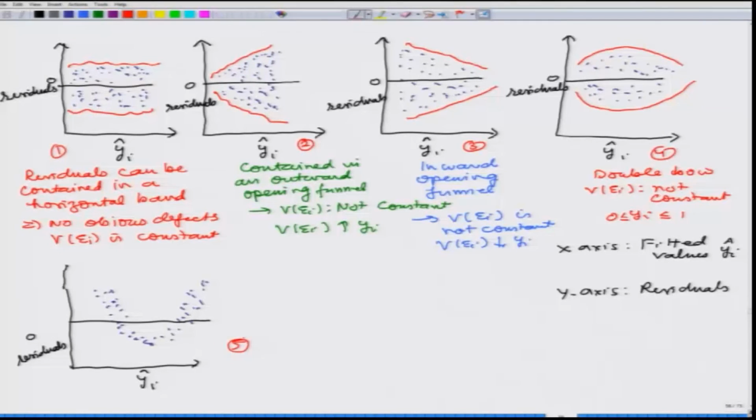Similarly, in the fifth graphic we can see that all the points can be contained in a sort of non-linear band. Right. So, in this case we can conclude that there is a non-linear relationship